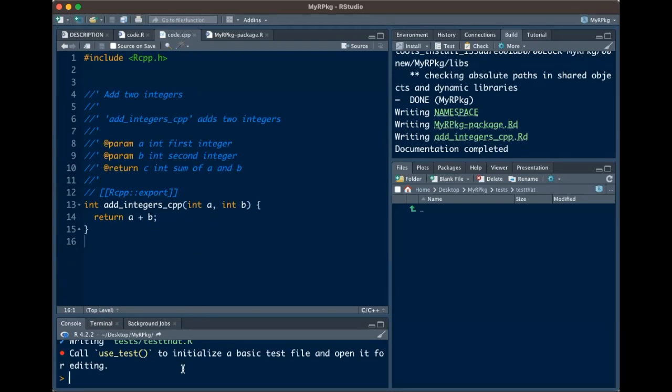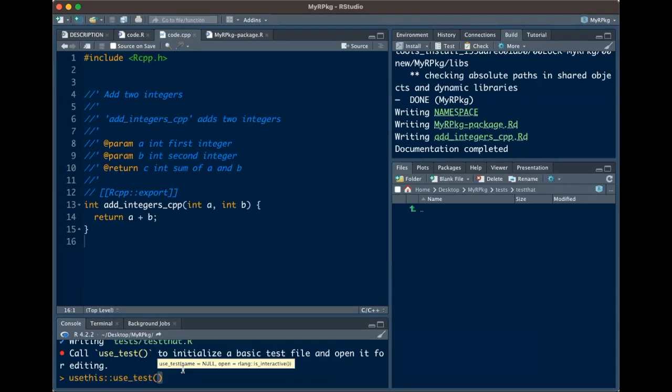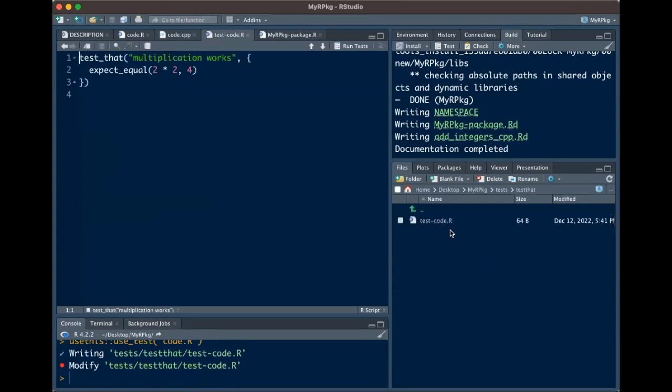So, for instance, we should add a file called test-code.R, which contains all the tests to be performed on the functions inside code.R and code.cpp. So you could either create this file yourself or use use_test, and then the name of the file, so with the same name as the one in the R folder, which will create this file, test-code.R, in which we are ready to write, for instance, a test for